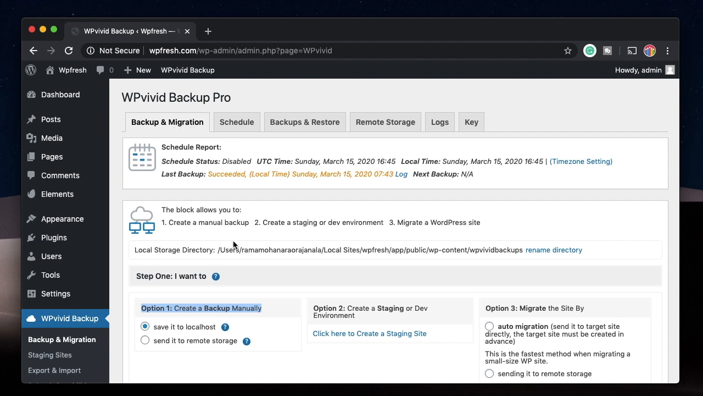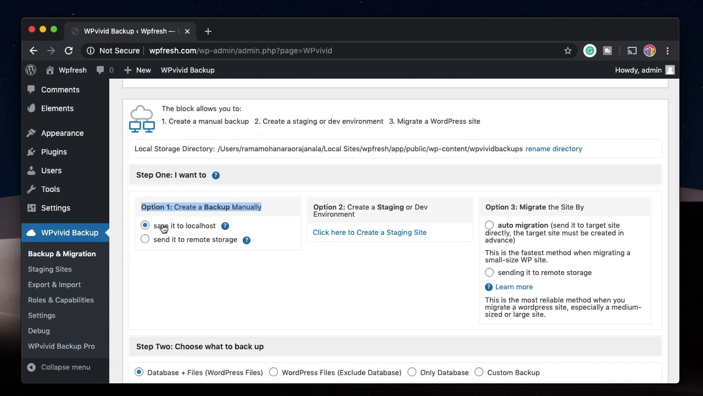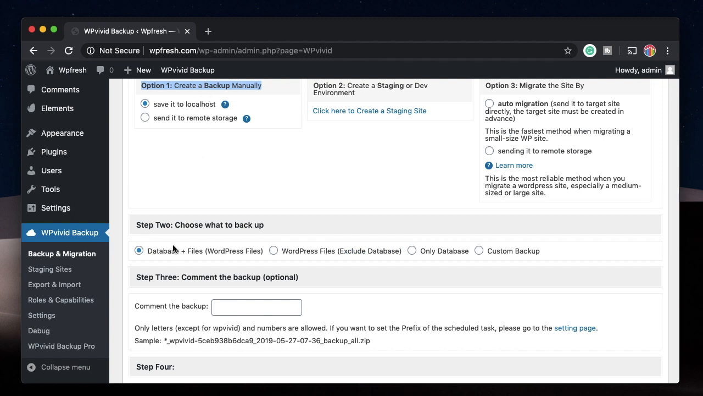So let's get started with backup. Here under step 1, you can either choose to save it to your server. Since I have this installed on my local machine, it's asking me to save it to localhost, which I can click here, or I can also send it to remote storage. Let's save it to remote storage first, and then once you pick option 1, you can go to step 2,